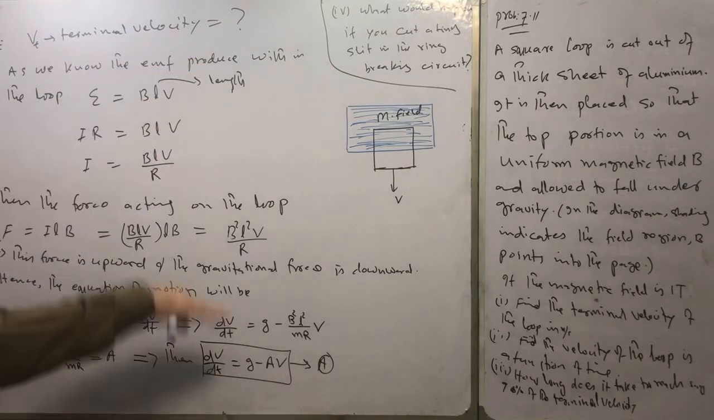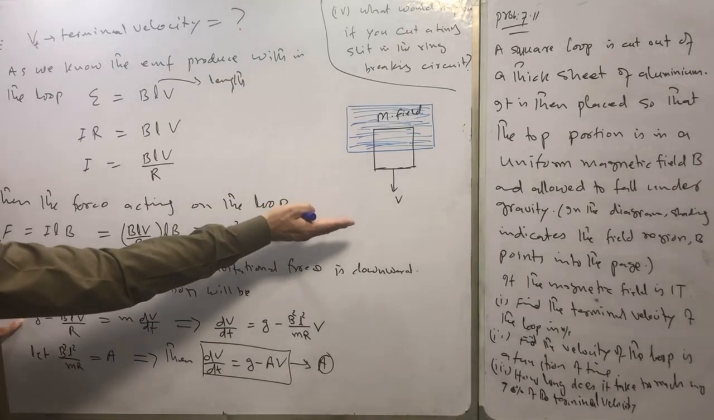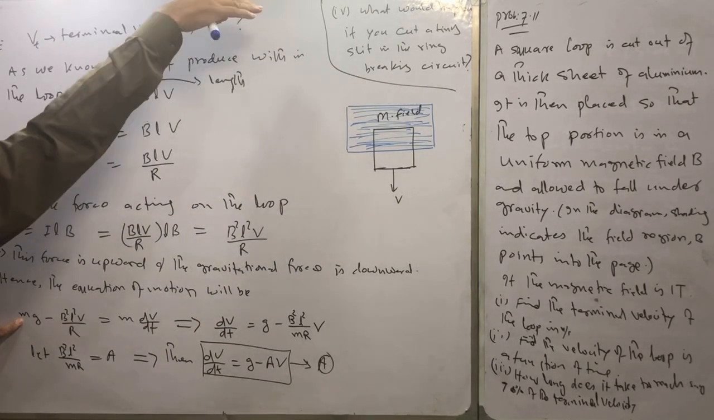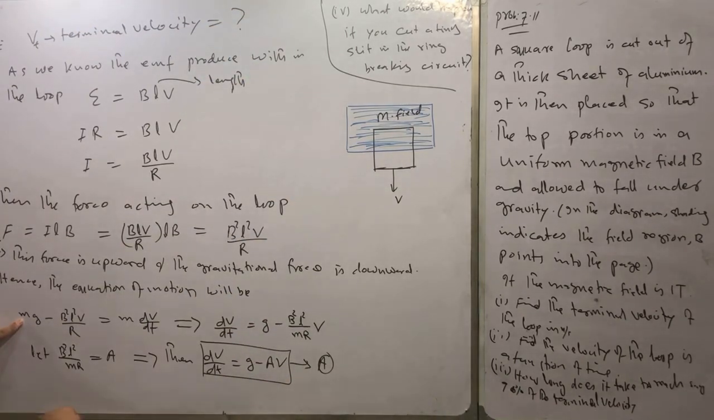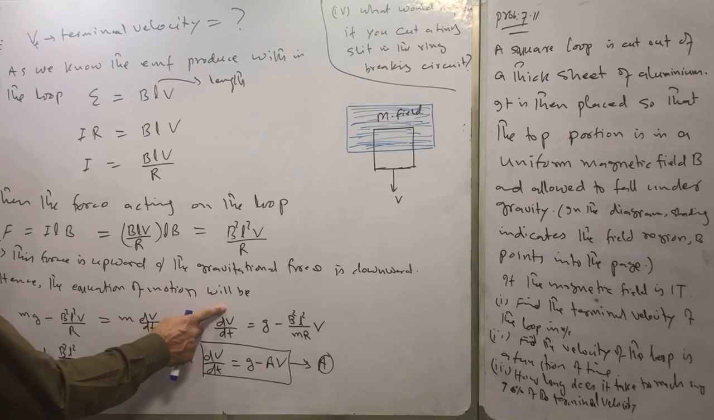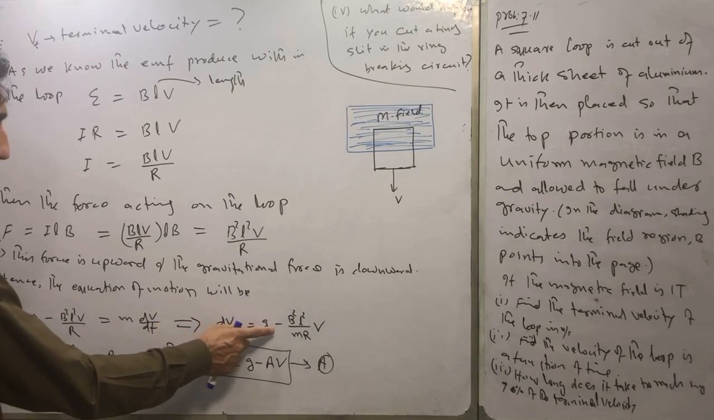Mg is downward, and the magnetic force is in the upward direction, but as a whole, the system is moving down with some velocity v, so there must be some net force. The total force must be F = ma. So mg − B²L²v/R = m dv/dt, where dv/dt is the acceleration. From this equation, we can find dv/dt, which is equal to g minus